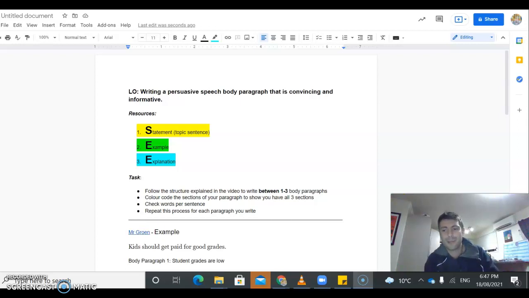Right, welcome Kakapo team. So this is the second part of our speech writing video series, and this one is on your body paragraph. So last time we were looking at the introduction, which is a slightly different structure because there's a different purpose. This one is our body paragraphs, which will be between 1 and 3, depending on their